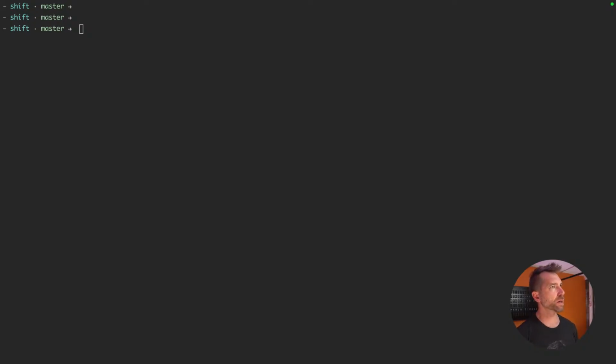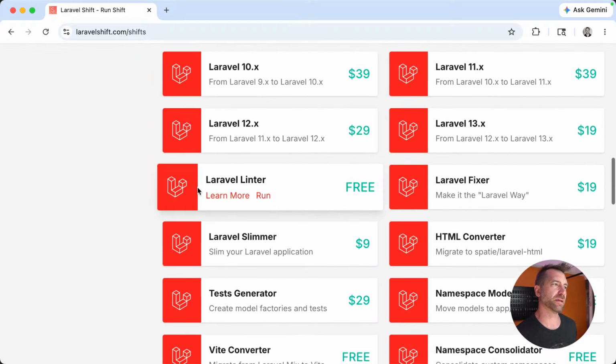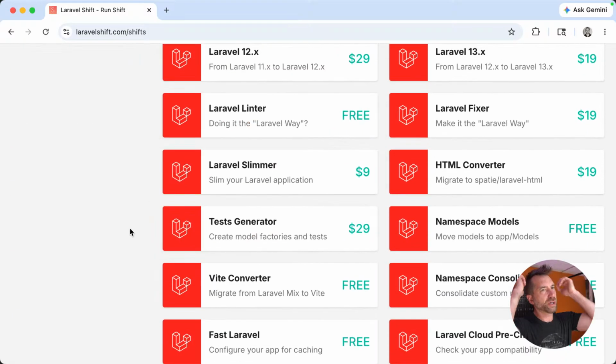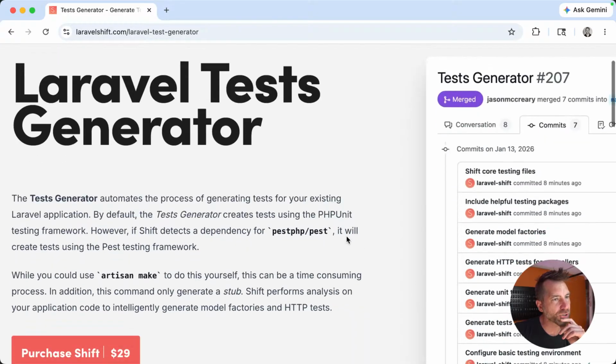This week, I want to look at the test generator. I think the test generator was a pretty cool shift. I always say "tests generator." This is a pretty cool shift that